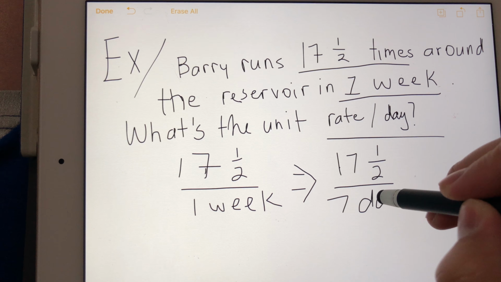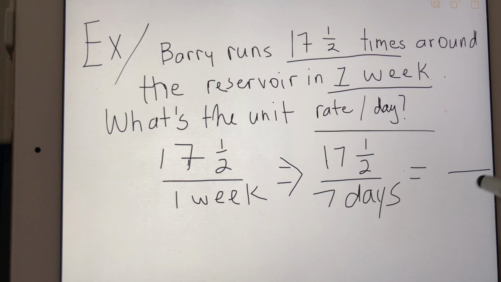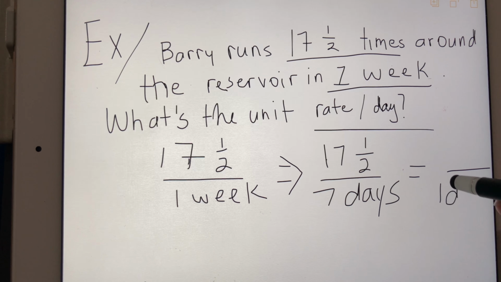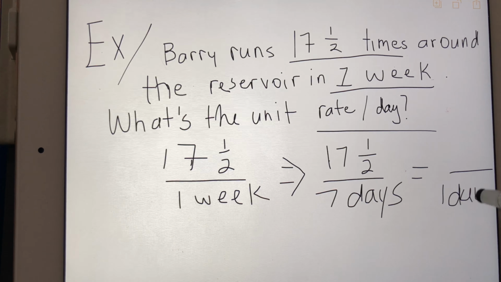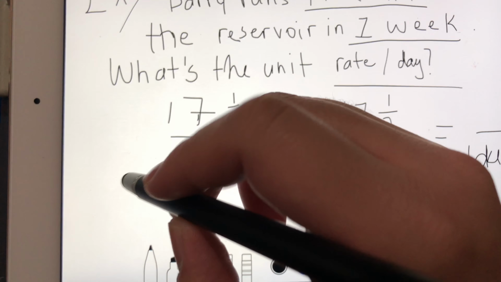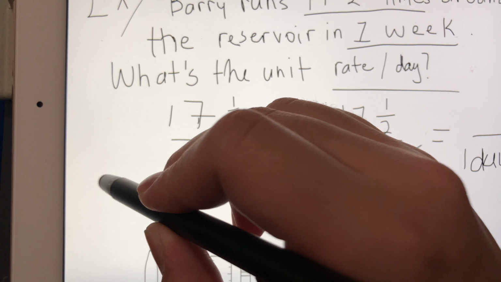Now it's asking for the unit rate in a single day. So to get 7 days to equal 1, we have to divide the bottom by 7. And in math, whatever you do to one side, you have to also do to the other side. So if you're going to divide the denominator by 7, you also have to divide the numerator by 7. If I divide the bottom side by 7, I get 1 day. And if I divide 17.5 by 7 over here,